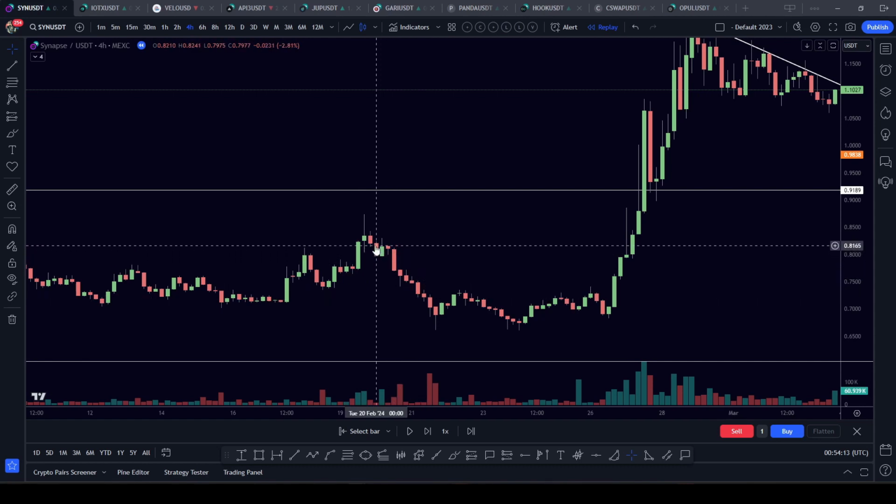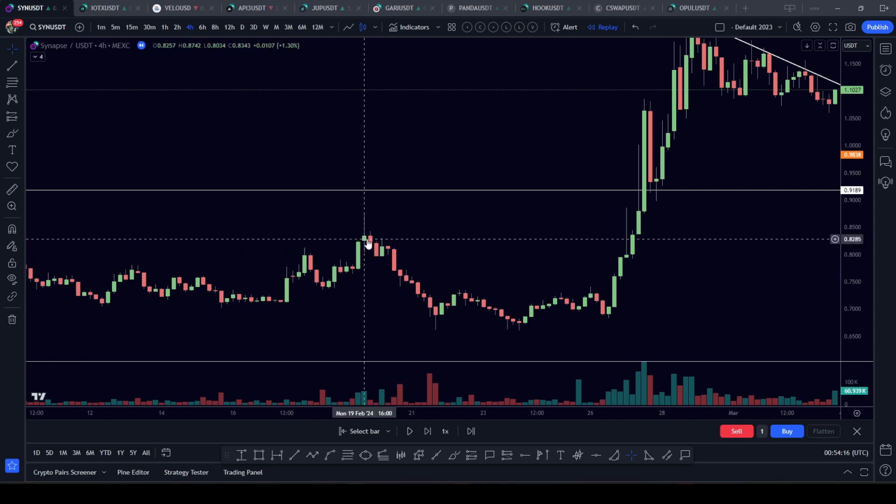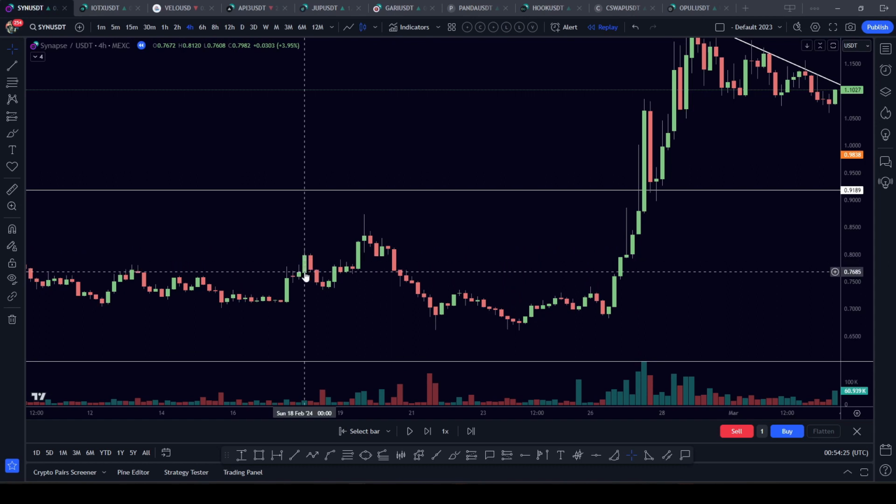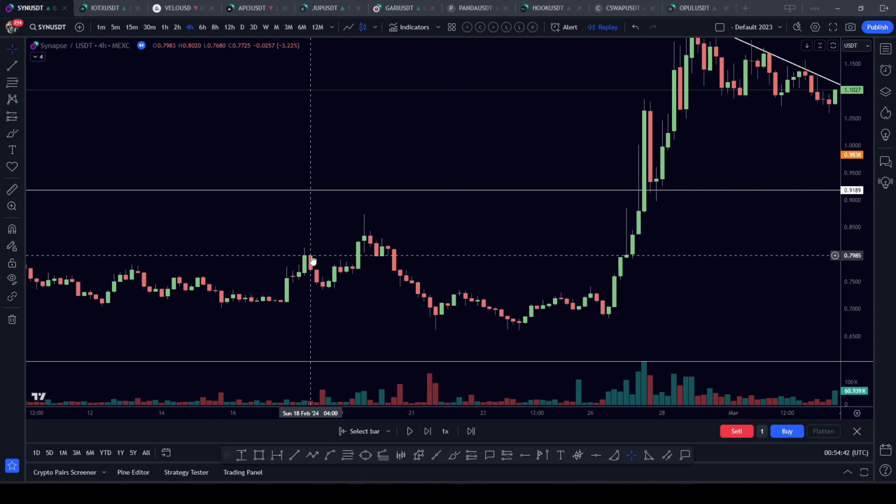Now, what makes the candle body green or red? When the candle body closes above the area of its open, it's green. So here, the candle body closed, this next one started, and it finished right here. So because it's higher than its open, it's green. On the next candle, it started here, but since it closed lower than its open, it's red.